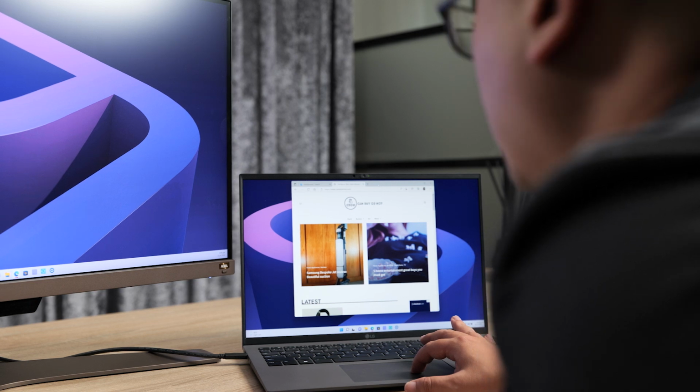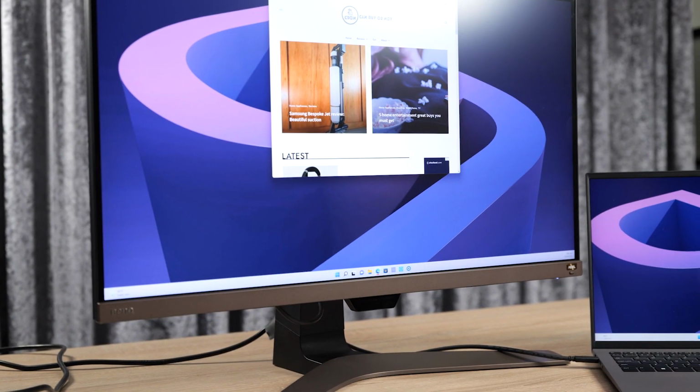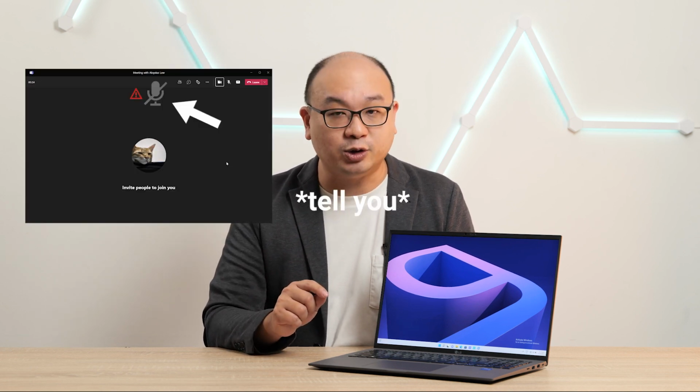The next feature is actually pretty cool. You can use your eyes to move windows to another screen. Just click on a window and look to the screen. You can also use head movements to move your mouse between displays. Lastly, this one could be important for those who have a lot of meetings. If the webcam detects that you are talking, but you are muted, it will...